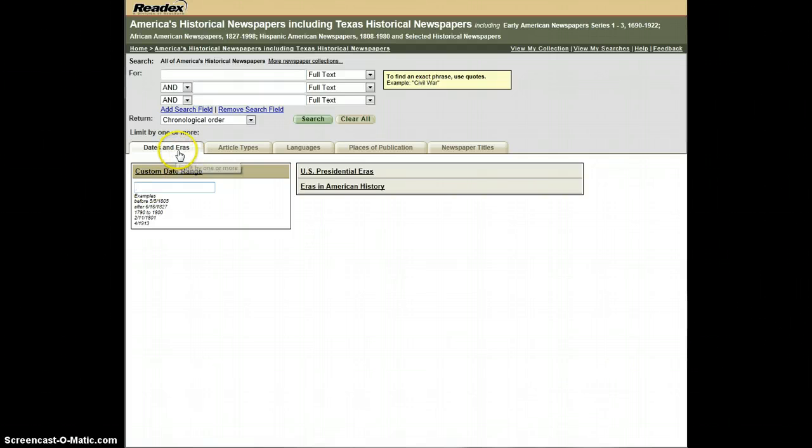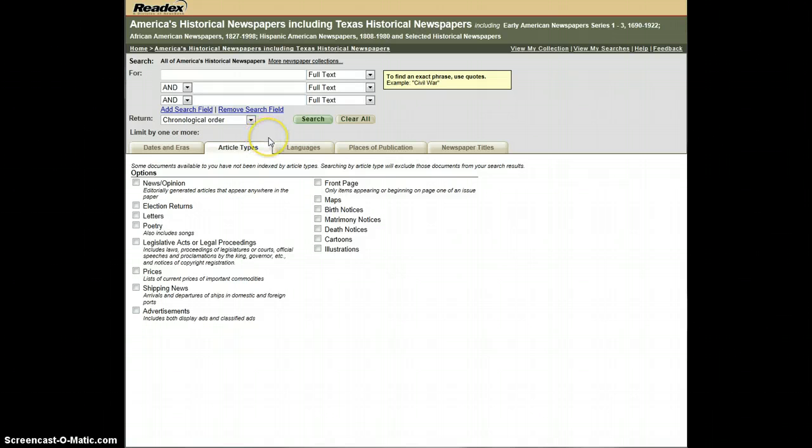So that's the Dates and Eras tab. Now we're also going to take a look at the article types. You may not use this on every search, but this can be interesting. You may find that your searches get bloated by a lot of advertising content. So if you're not interested in advertisements, if that doesn't relate to your search topic, you can focus just on